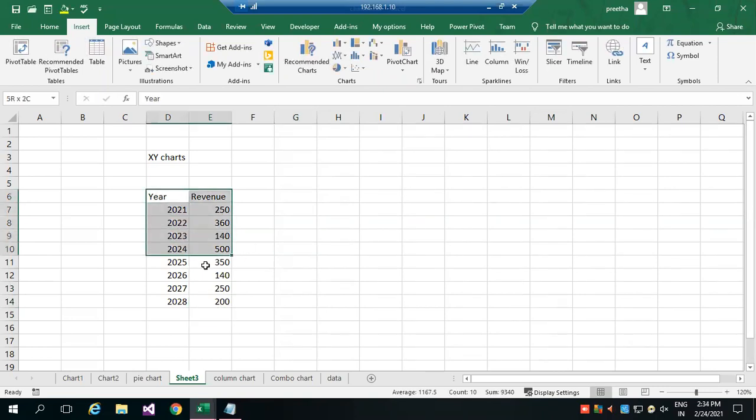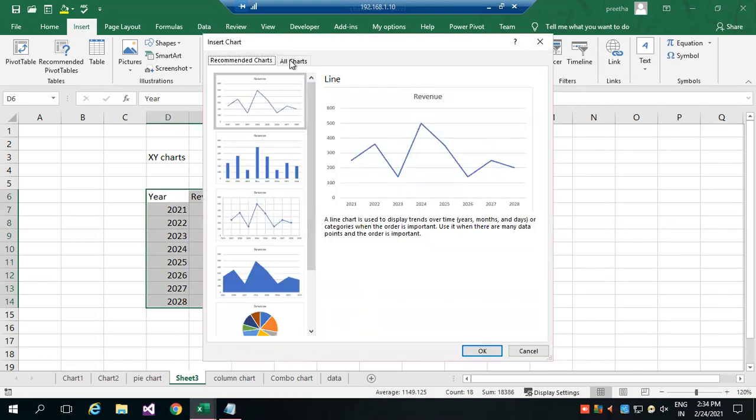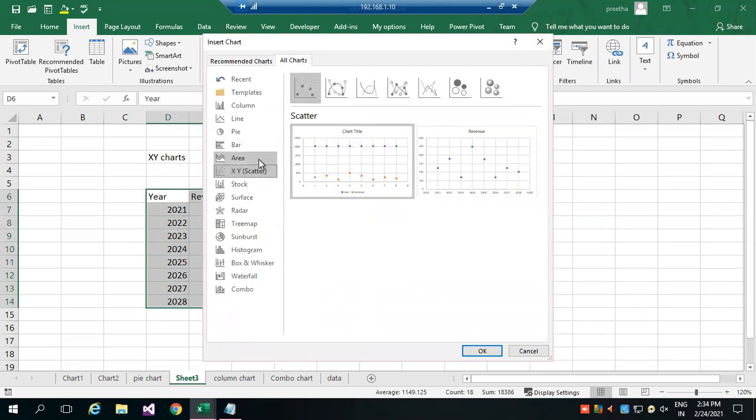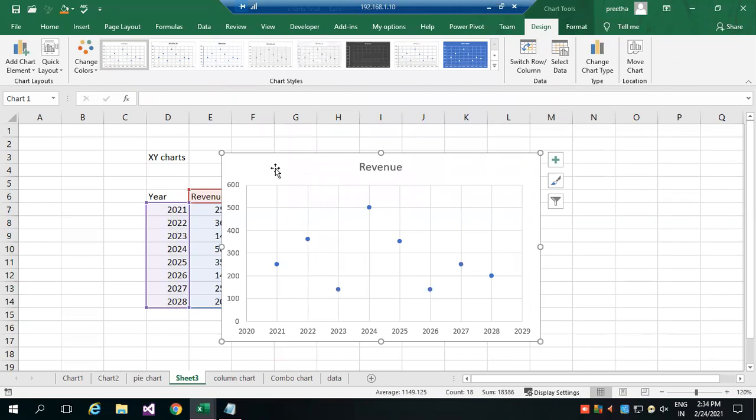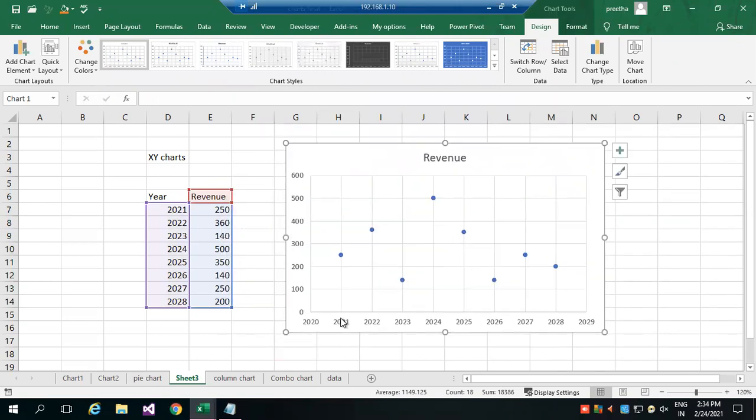Now for this, I wanted to create an XY chart. So you can see this. It just makes the point. So in every year, what are your sales? That will be marked with the points.